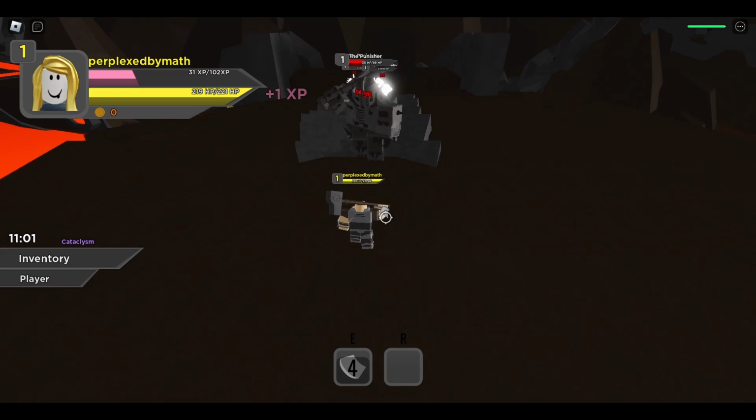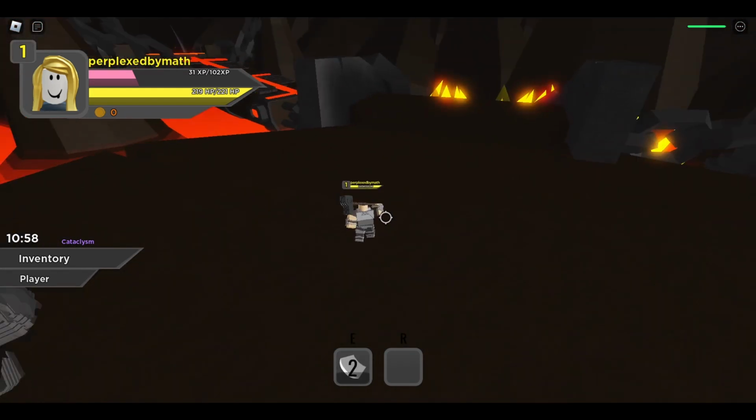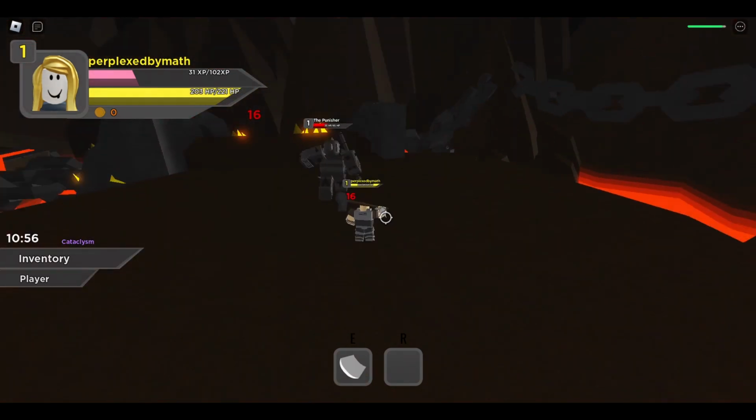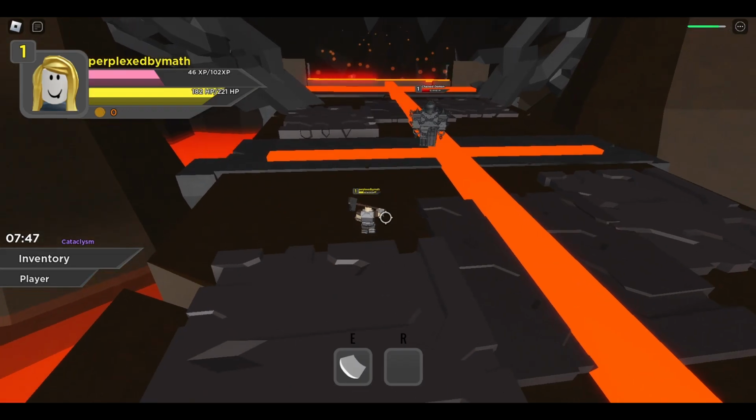They are rather fast, and they will walk up to you, smash the ground with a hammer, and if you get caught in their area of effect, you will be launched in a specific direction. You'll be launched out of the way. And then the last normal enemy